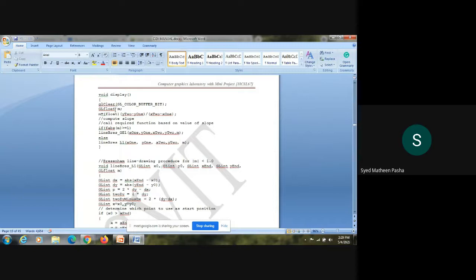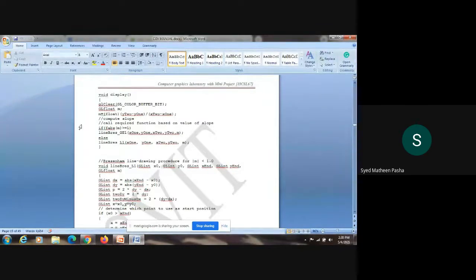I will define the slope here, where slope is so and so. We got this in the previous function, where the computation of slope is done. Why is this called here? So that the function is based on the value of the slope. Once you get the slope, now you are ready to draw the line onto the screen.